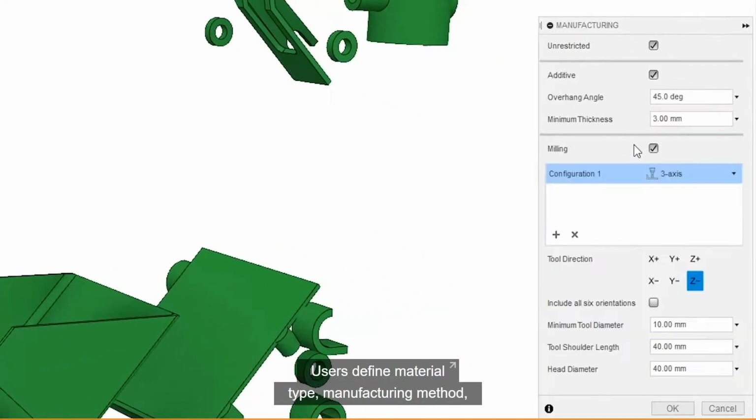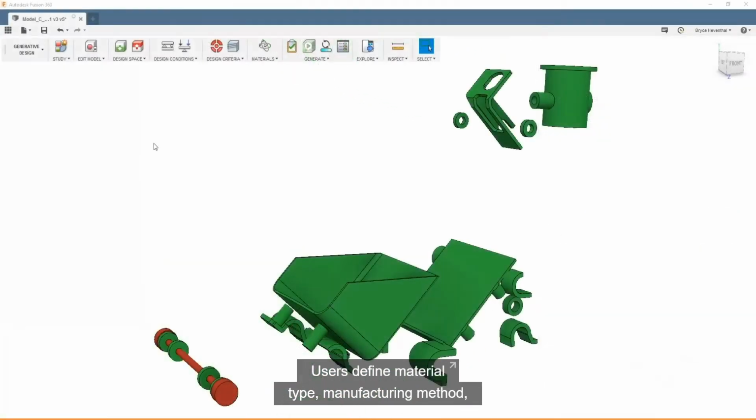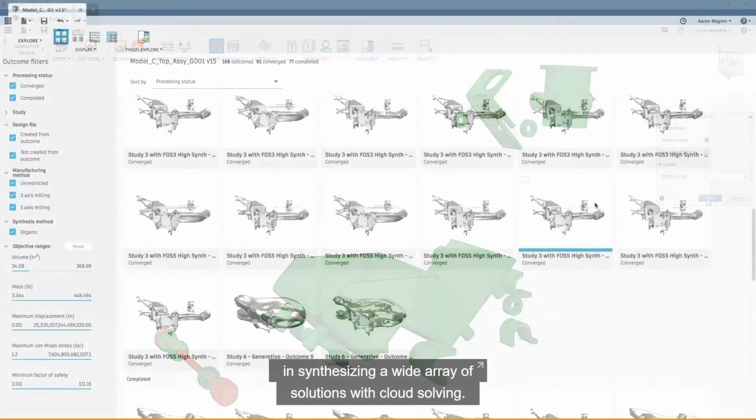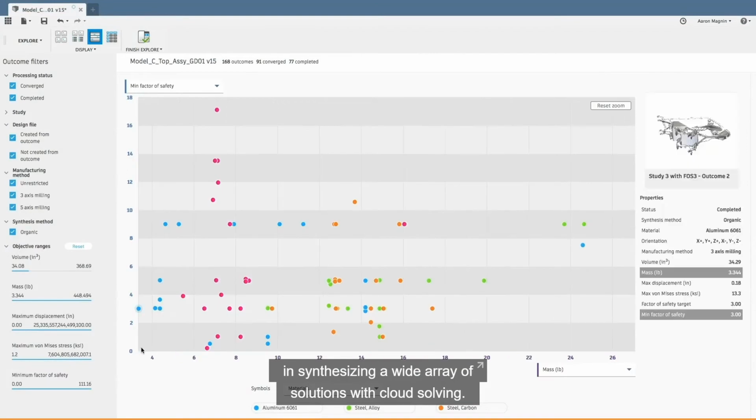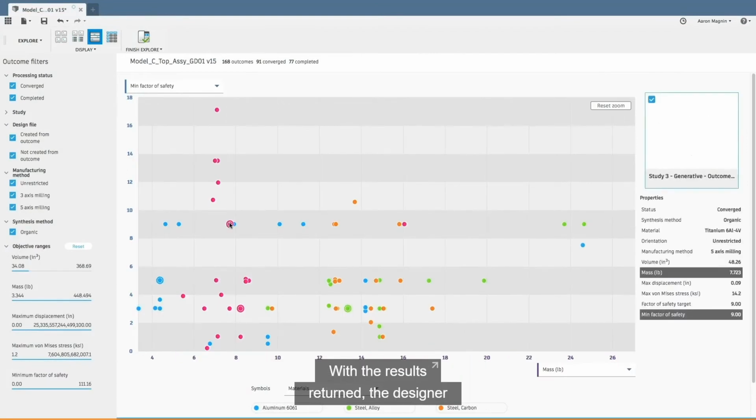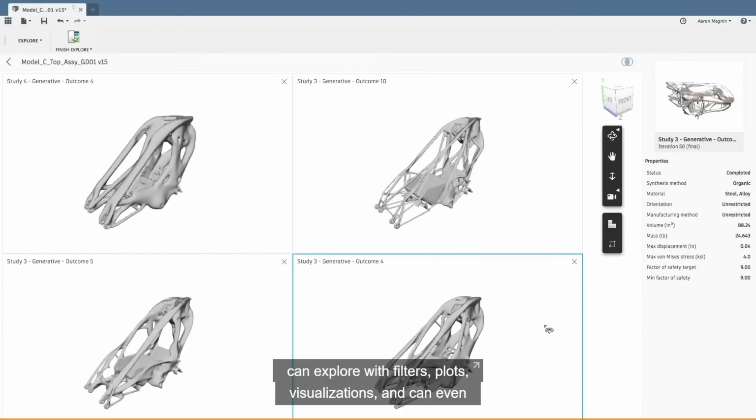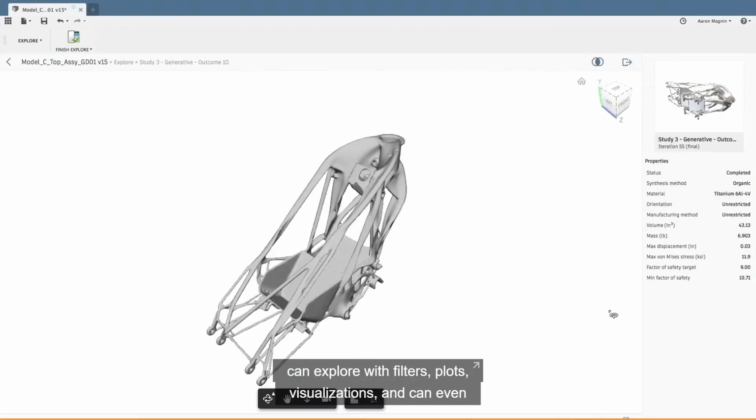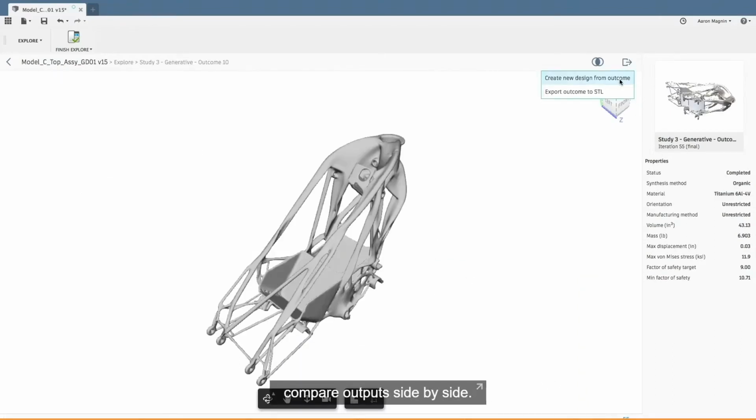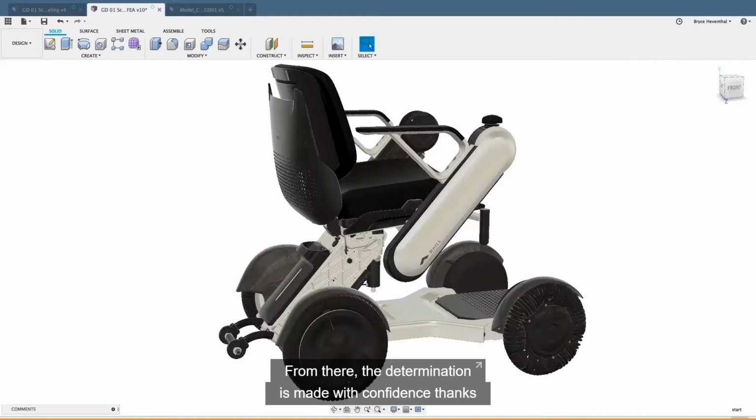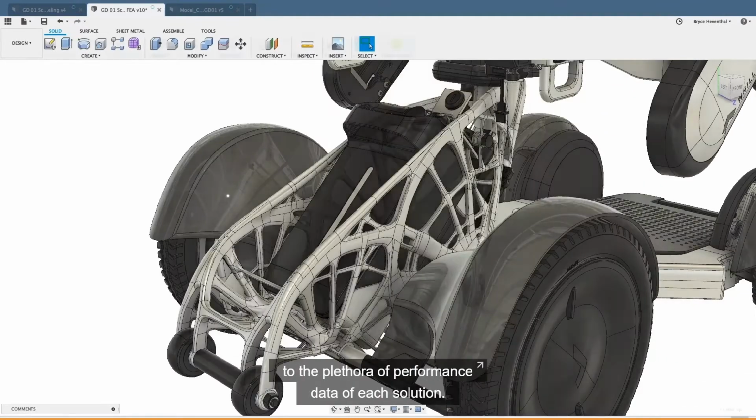Users define material type, manufacturing method, and performance criteria, which are all used concurrently in synthesizing a wide array of solutions with cloud solving. With the results returned, the designer can explore with filters, plots, visualizations, and can even compare outputs side by side. From there, the determination is made with confidence thanks to the plethora of performance data of